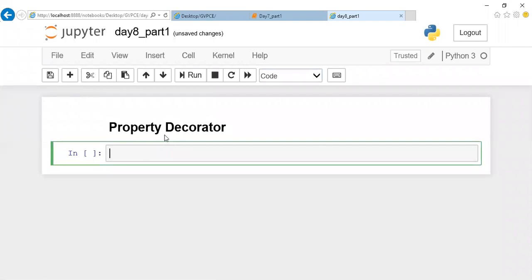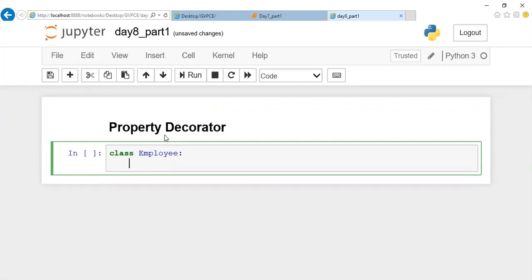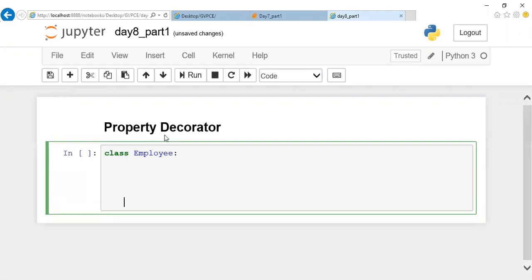Let us assume we are going to declare an employee class. So let the class name be Employee, and let me have EMP as my object.